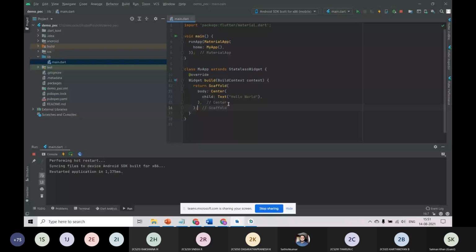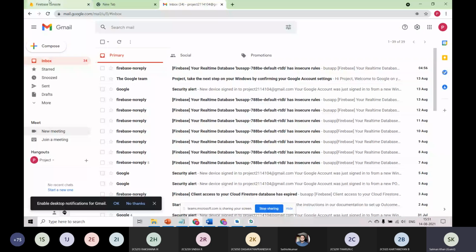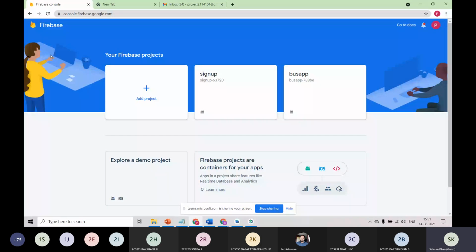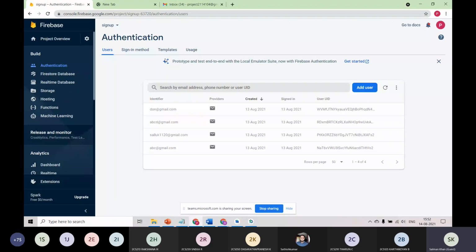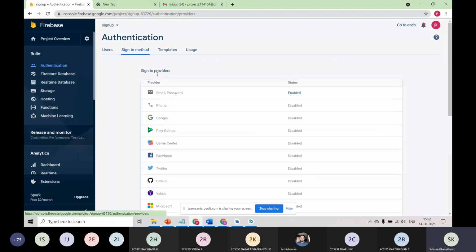So this is Firebase, and Firebase is a Google cloud service. It is a backend as a service. Everything here is backend. If you go through an application, you can see a lot of things like authentication. You can provide any authentication methods, for example email authentication and phone authentication. And as you see in many applications, sign in with Google, sign in with Facebook. Everything Firebase provides.